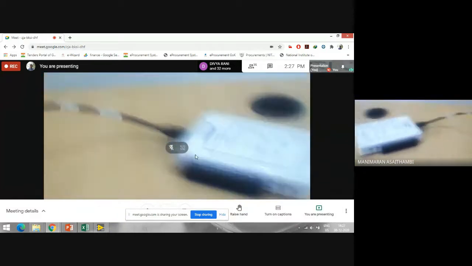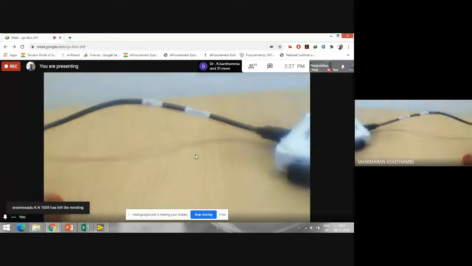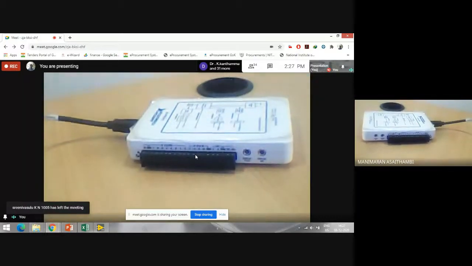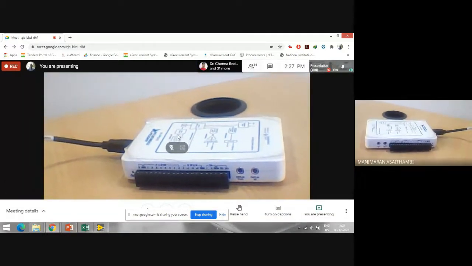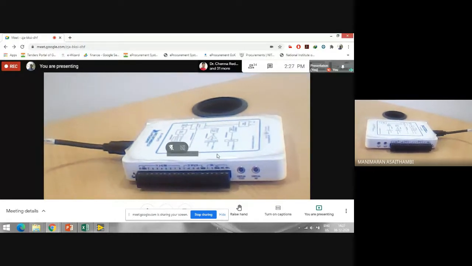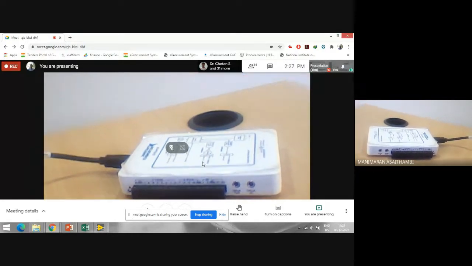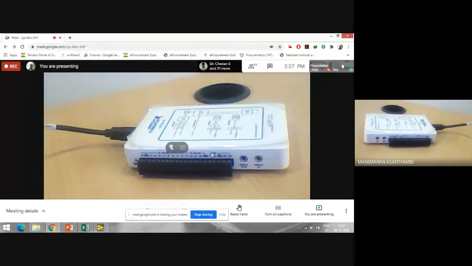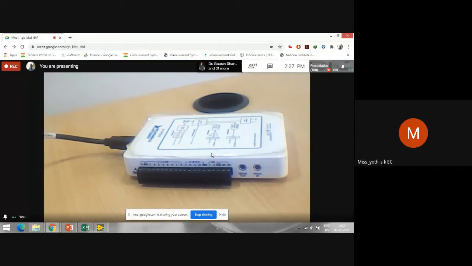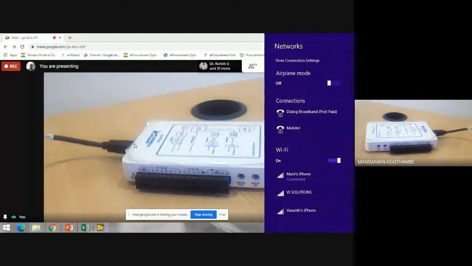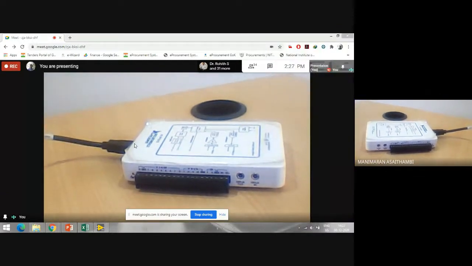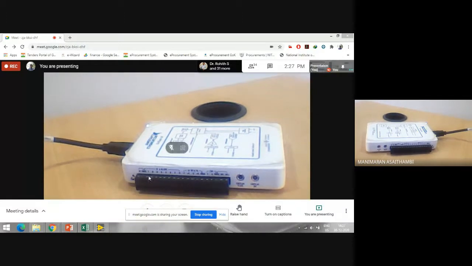Okay, fine. I think we can go ahead. So before our lunch, whatever we have seen is we are speaking about this particular hardware. To work with this hardware, we need DAQmx drivers, MyDAC drivers to be installed. In my system, I have installed MyDAC drivers, so I've used it.